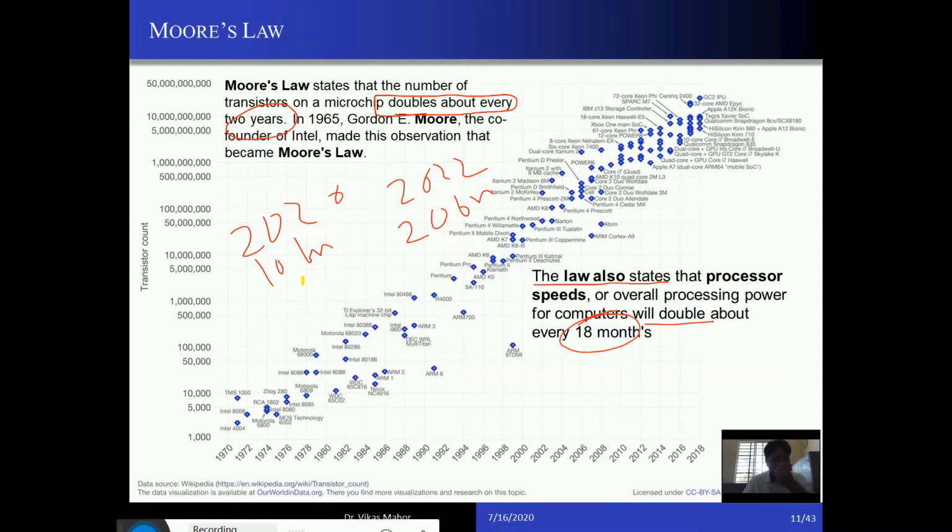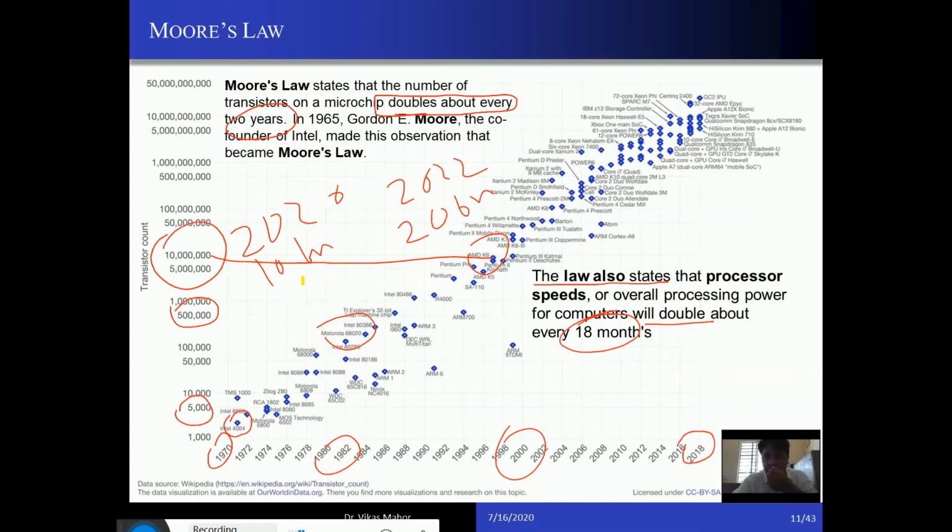I'll provide you this video also, so you can closely see that in 1970, since the birth of the Intel 4004, what was the number of transistors in it. And in 1982, when the Motorola processor was developed, what was the number of transistors in that. In 2000, when the AMD processor was developed, what was the number of transistors in that. And in 2018, when so many transistors were developed, what is the number of transistors in that. Fine. So I'll provide this video, so you can pause it and see the number of